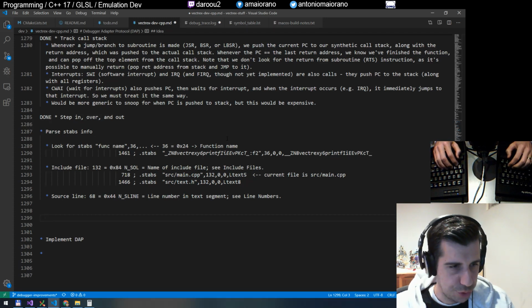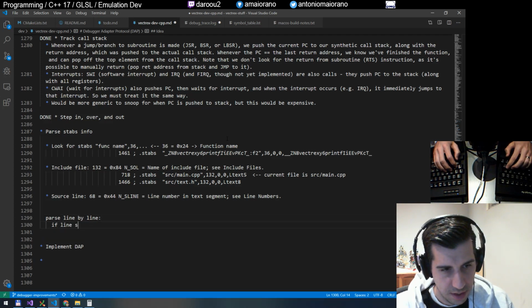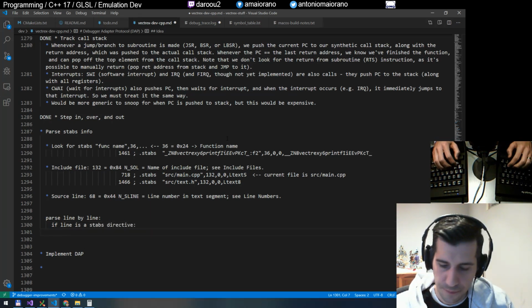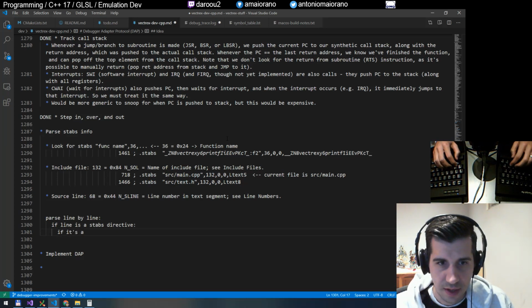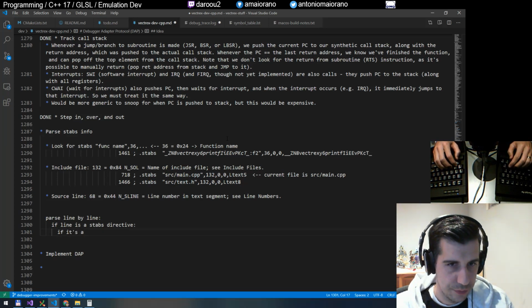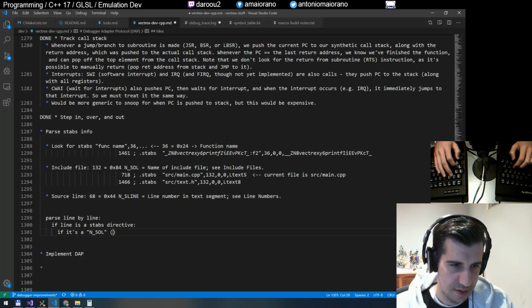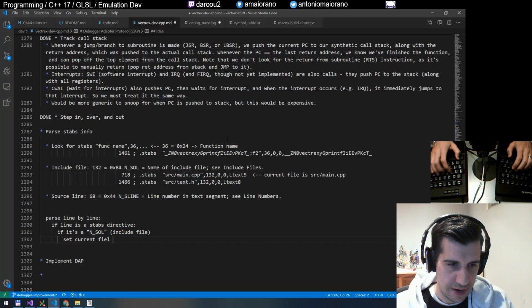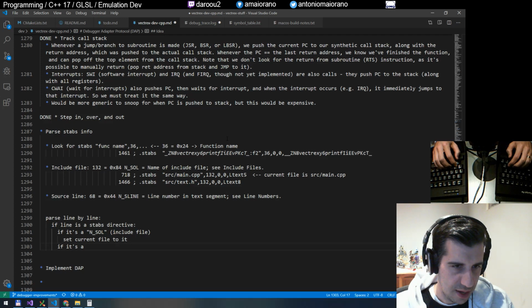So basically what we'll do is parse line by line. If the line is a STABS directive, and if it's a, what do they call it? Include file, set current file to it. If it's a line directive,